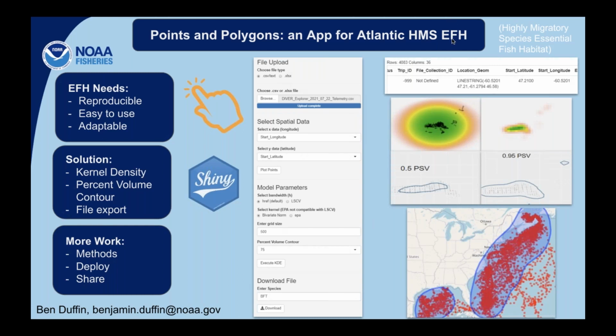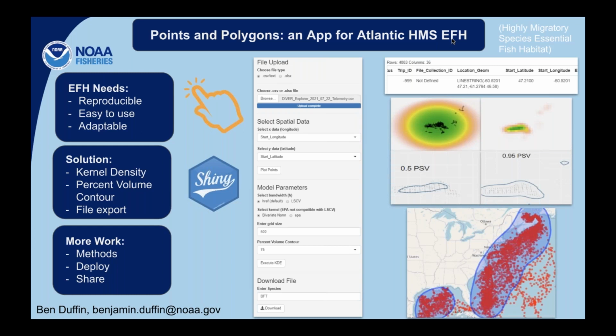It's Atlantic HMS, which is highly migratory species, and then EFH is essential fish habitat. So, highly migratory species, just a little context, is most of the sharks and tuna species, swordfish, things like that.